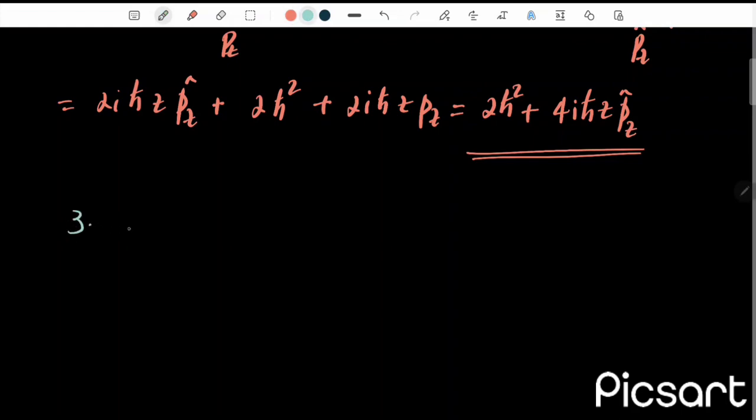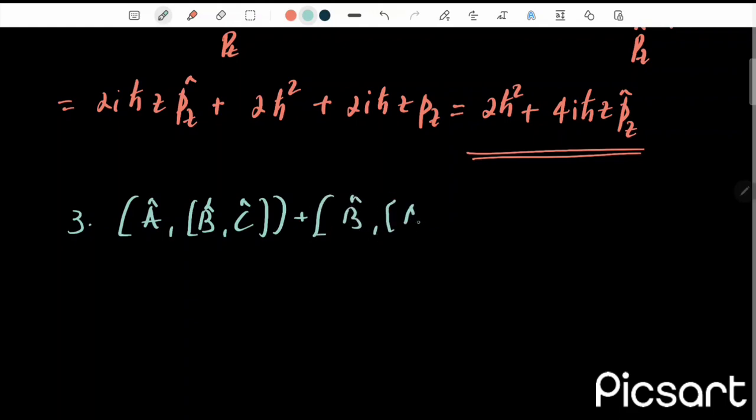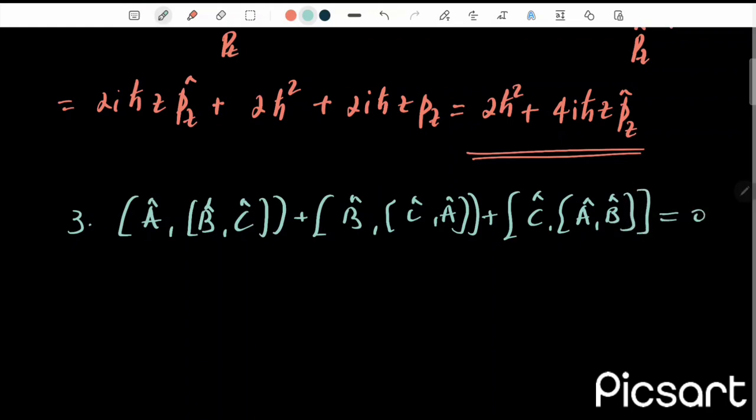We must verify the Jacobi identity, which is A commutator of B C plus B commutator of C A plus C commutator of A B, which is equal to 0. Okay,